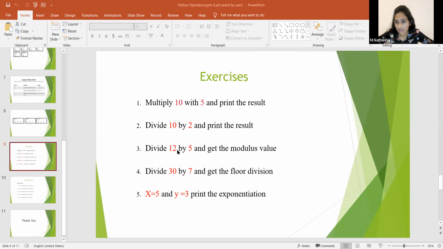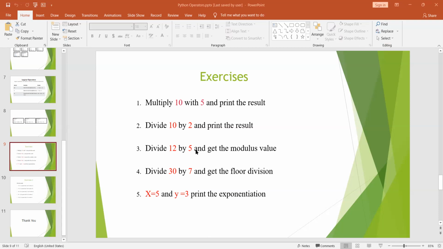We can't divide 2 by 5 to get a whole number, no? So we are keeping that 2 as a remainder, because we can't get a whole number when dividing 2 by 5. That is the answer. That is called modulus. For the modulus, we are using the remainder, not the answer. Got it?